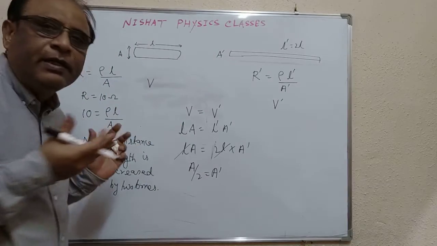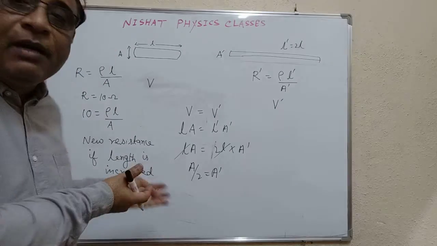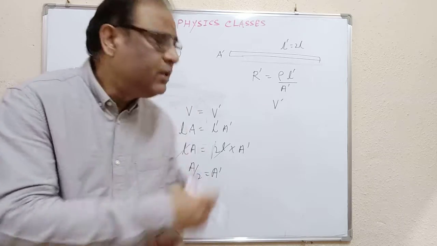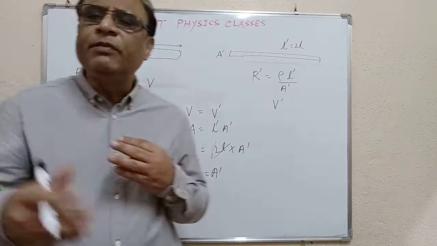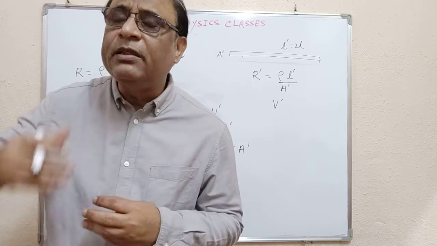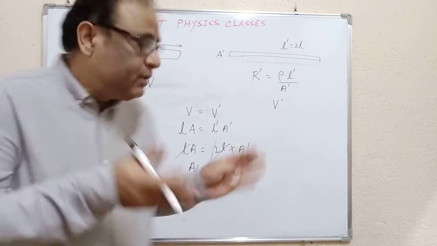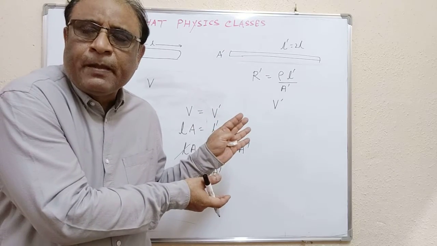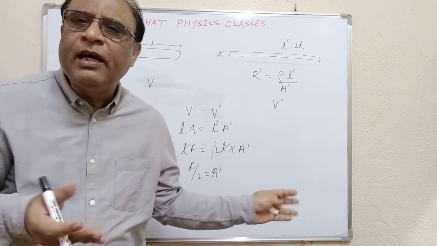A common concept comes to mind. We should have known where it came from. Generally in the book and generally many teachers do this: length increases by 2, area decreases by A by 2; length increases by 3L, area A by 3. But this is the reason where it comes from. Now it is clear before you. Now it is your choice, go in detail or do it in short.